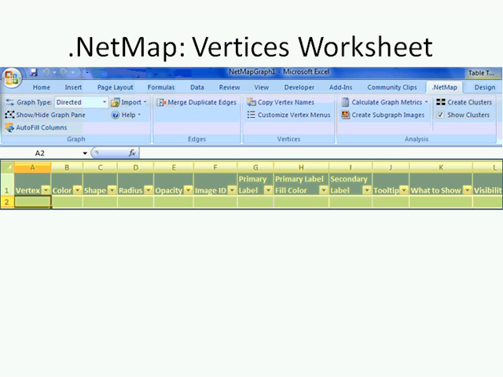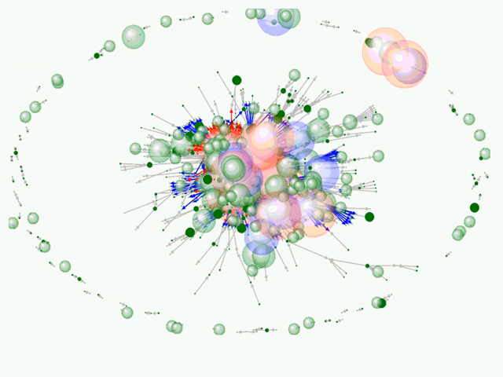So here on the next slide, I can show you the kinds of images that you can generate with Excel.NetMap. That's kind of a pretty picture. Excel.NetMap allows you to make nodes translucent. We can lay them out using multiple layout formats. One might be the Fruchterman-Reingold force-directed layout. Another might be simply to put things in a circle or in a grid. We have a handful of layouts.